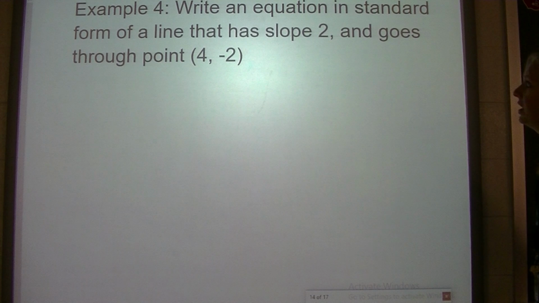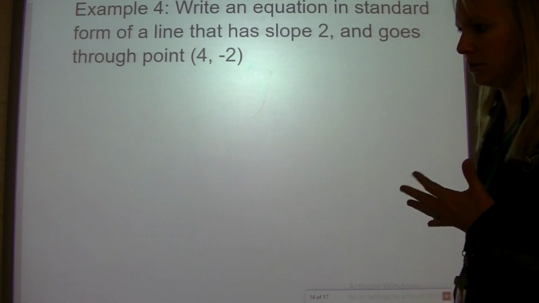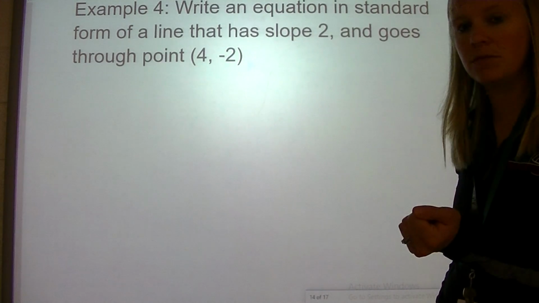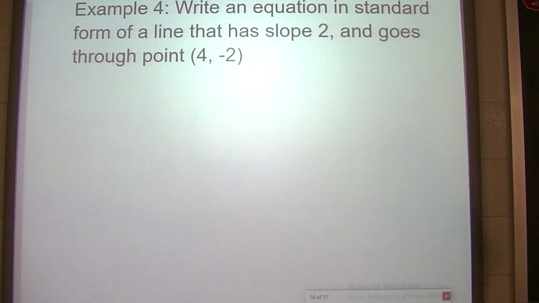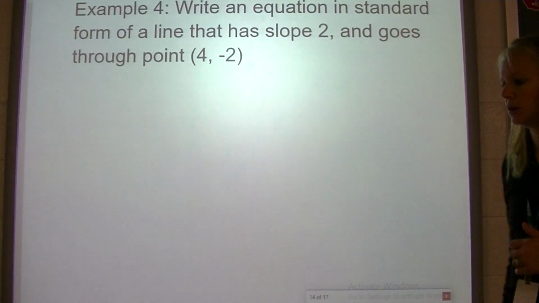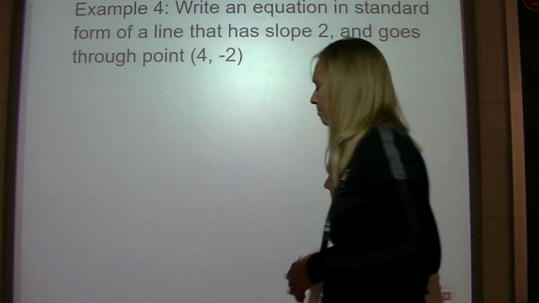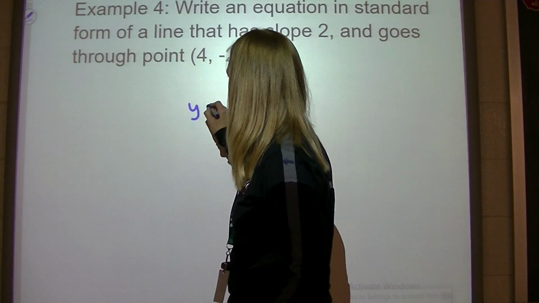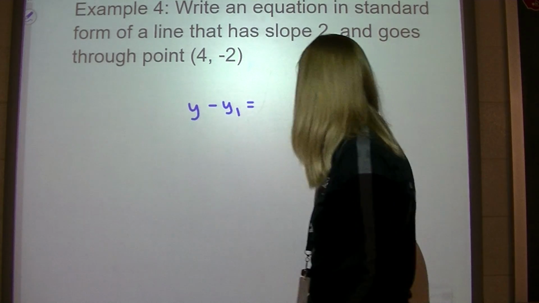Example 4 asks us to write an equation in standard form of a line that has slope 2 and goes through point (4, -2). Now you could actually do this, you could write the line, or you could use slope-intercept form for this. But point slope form would be the best thing to use. And point slope form is y minus y1 equals